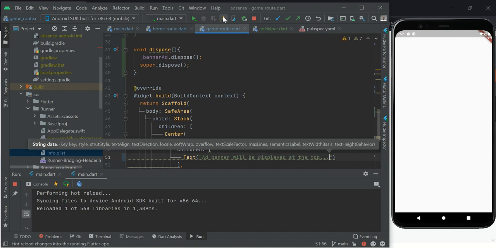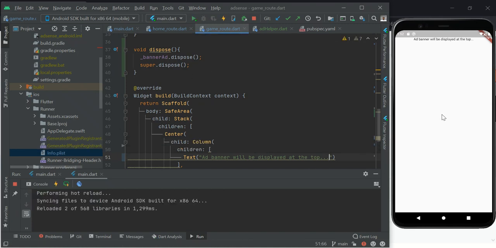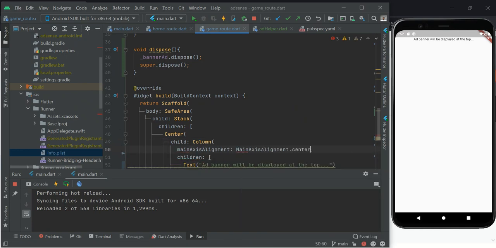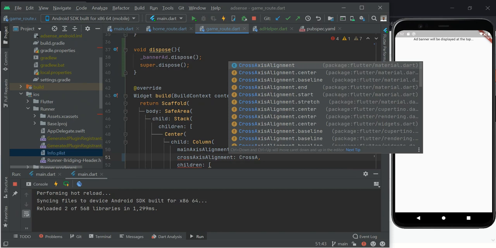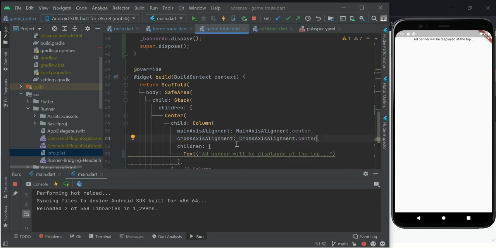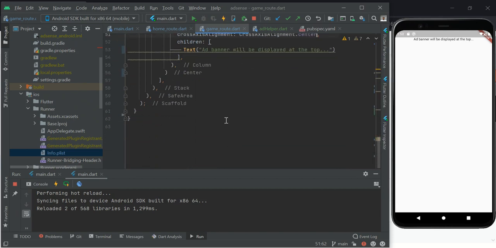So with this, if I refresh, I'm going to get this. I don't want it to be here because this is where my banner will appear. So what do I do? I come over to this place and specify main axis alignment dot center, and then I display cross axis alignment dot center. So with this defined, the next thing we will do is to add a button that will show us